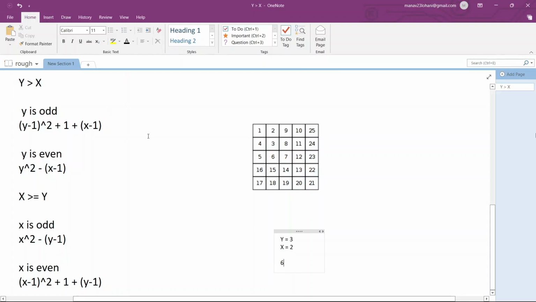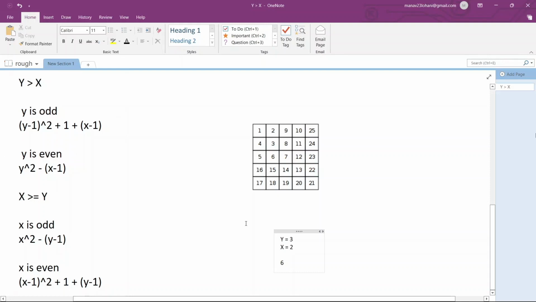If y is greater than x, as in this example, we check whether y is odd or even to find the first element. If y is even, like y is 2, then the first element is simply the square of the index, like 2 squared is 4, and the fourth index 4 is also even, then 4 squared is 16. But if y is odd, then the number will be (y minus 1) squared plus 1. Here we will do 3 minus 1, second index squared, 2 squared is 4, 4 plus 1 is 5. Here y is 5, which is odd, so we will do 5 minus 1 is 4, 4 squared is 16, 16 plus 1 is 17. In this way we will find the first element, so we are checking for that only.